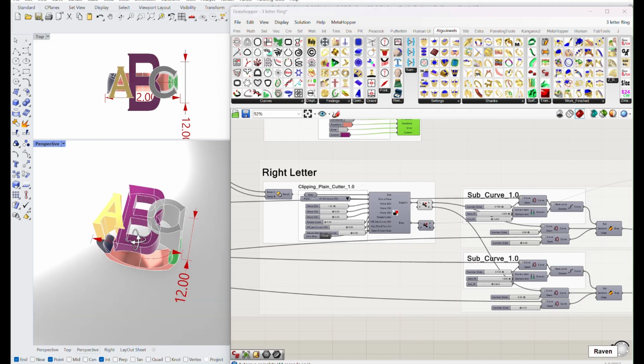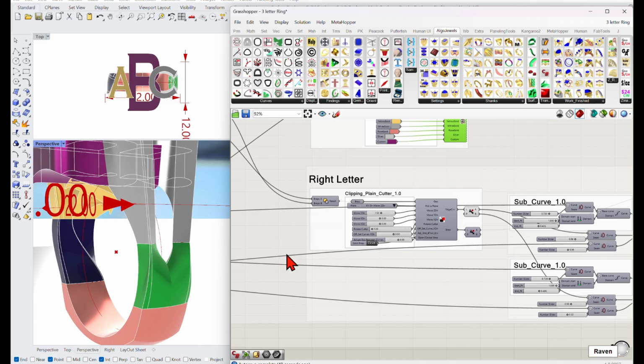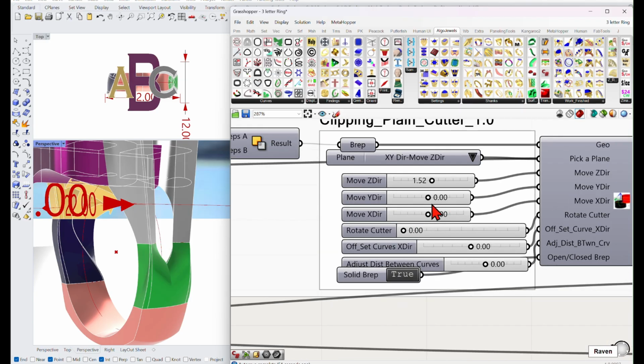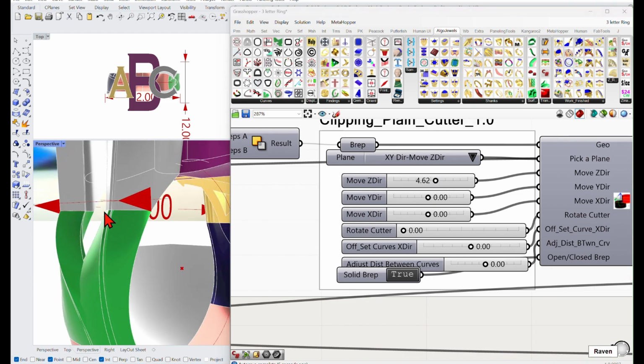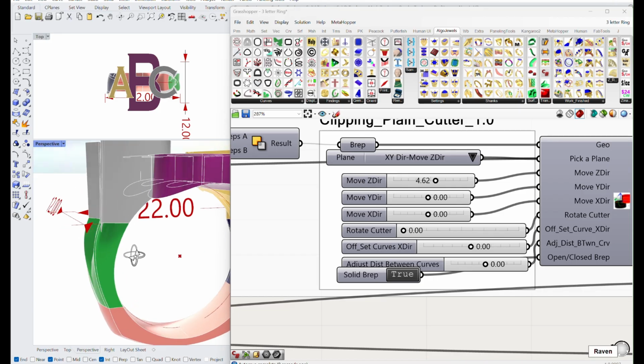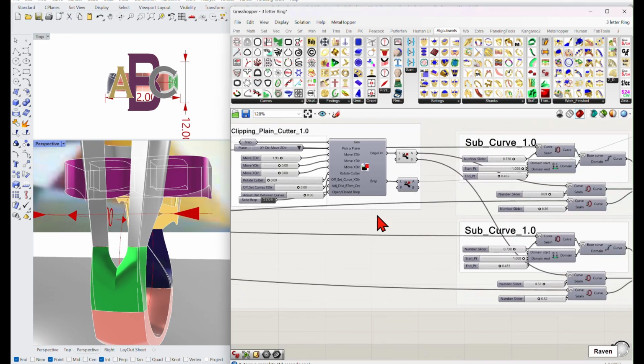And the same is done for the right ring. But here we have 2. In the letter C, it breaks up to 2. As we move, you can see how it's changing in here based on this. Okay? Now we can lower it down here. Now because we have 2